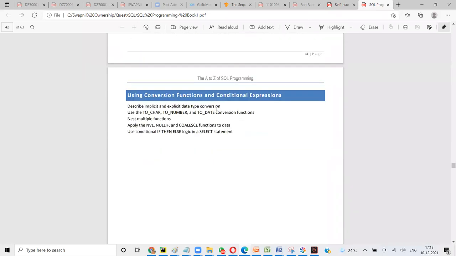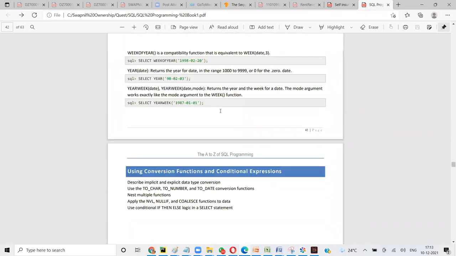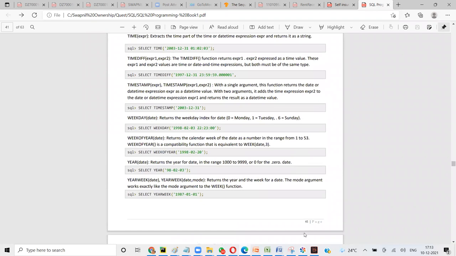So this is it. Conversion functions and additional expressions. Sorry, this is not the one. Wait, this was the incomplete one. What happened to the book?